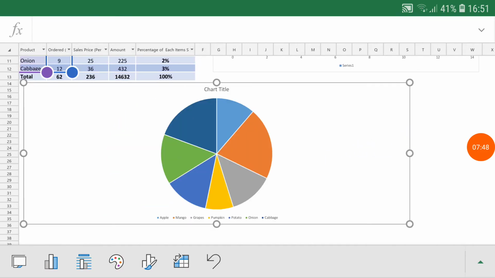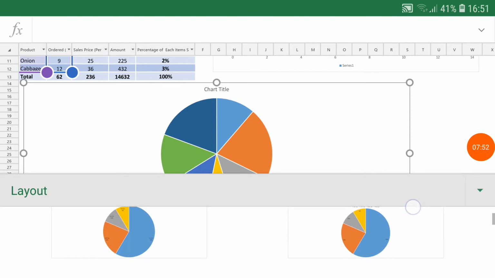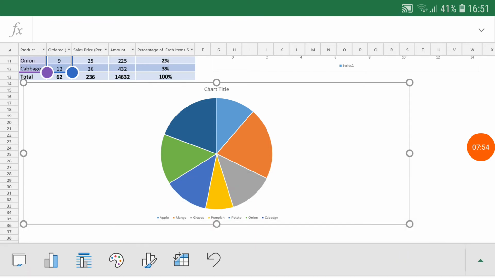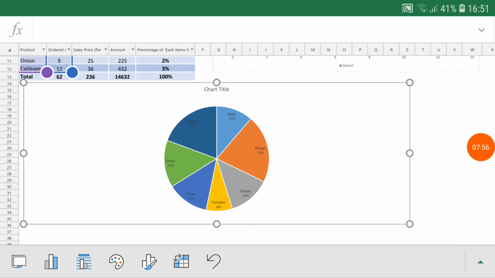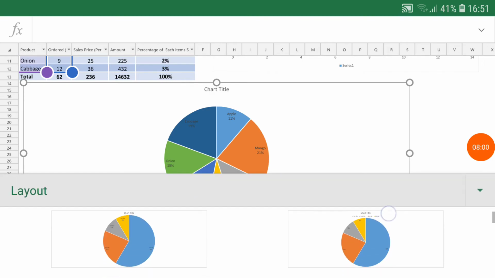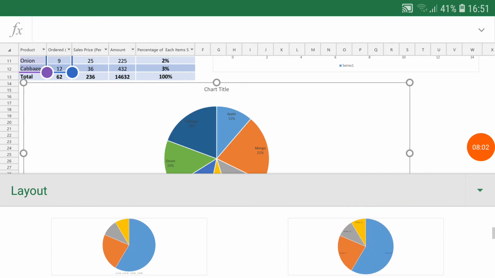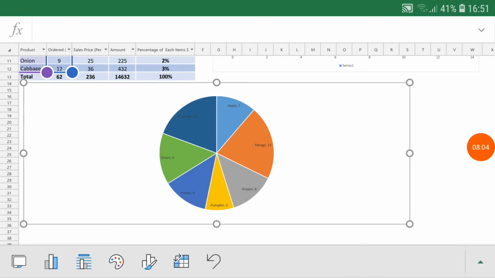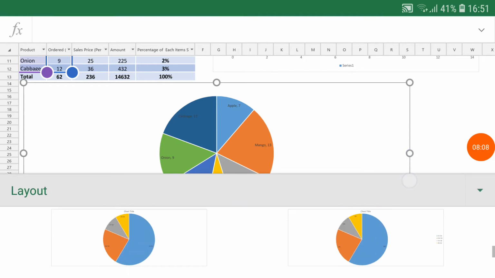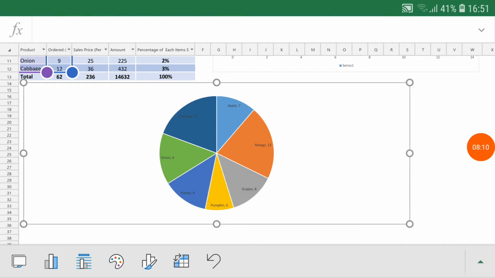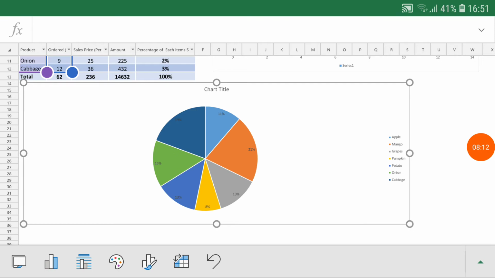So I can show you how it will appear in percentage. Here you can see it's showing the percentage with the name of the item, or we can select any other layout to get the result to appear on our pie chart.